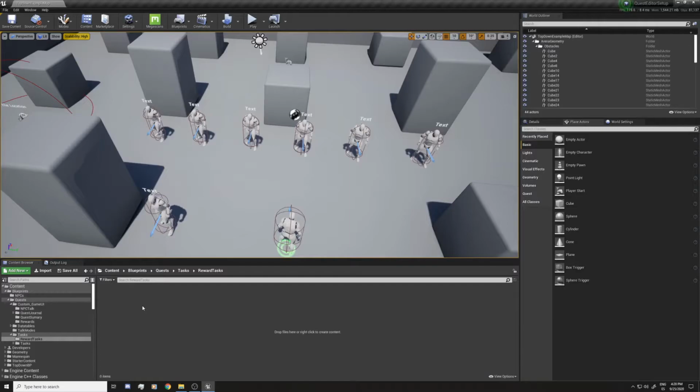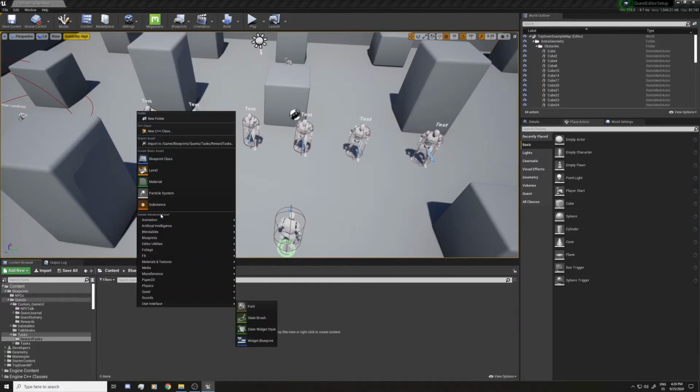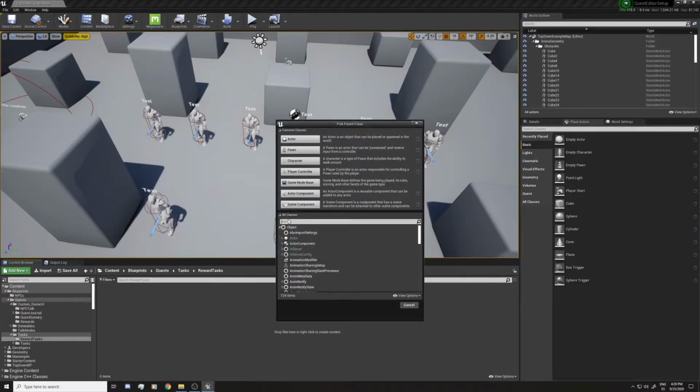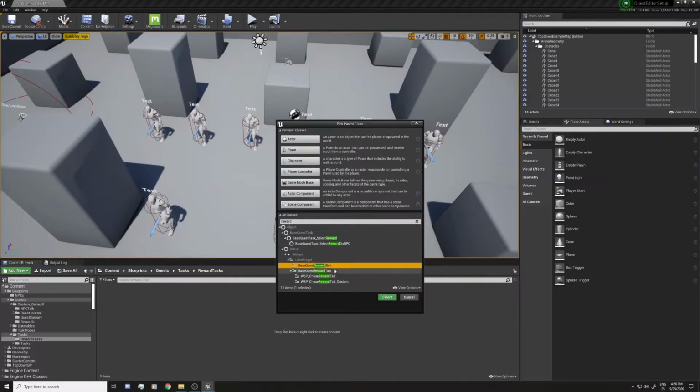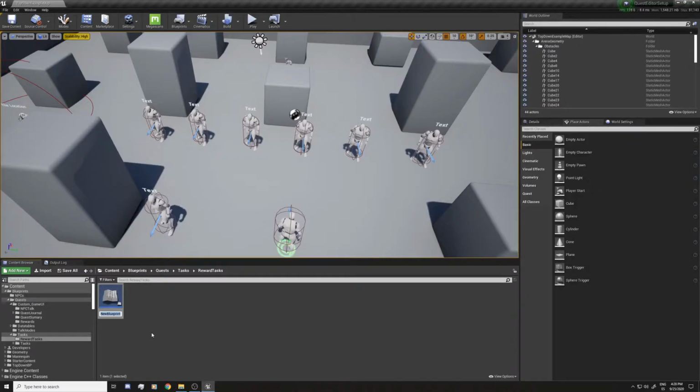So I'm gonna create the UI first. I'm gonna go to blueprints, and if I type reward, you will see this one, base quest reward slot, and this is gonna be the parent for all these widgets, so the tab can generate them.